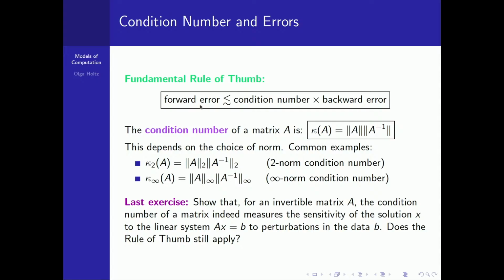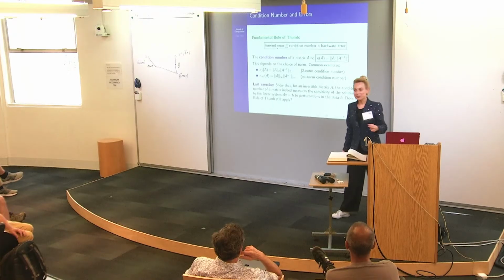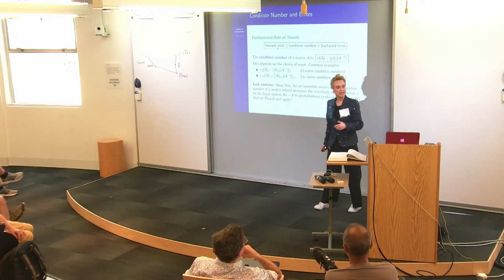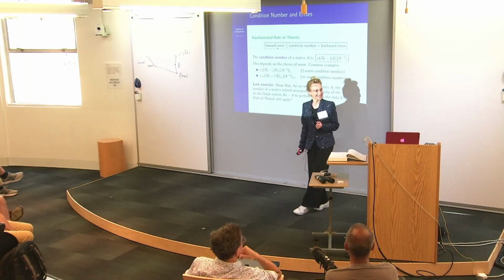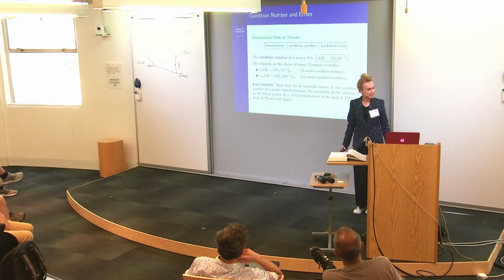And then a little question here: does this basic rule of thumb still apply? That's my last homework assignment. And let me close. In this last question, are we imagining the algorithm is going from B to X or from X to B? The algorithm for solving linear systems has no notion of X. X is what you need to find. Remember this cartoon? Find X. So when we say forward error, we are always finding X. B is given, A is given, we need X. That's what solving linear systems is about.